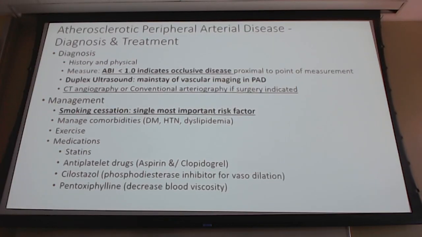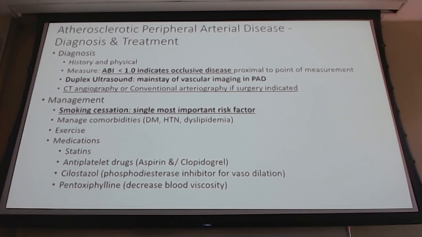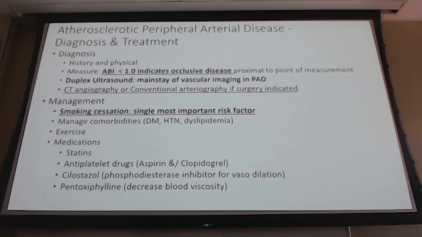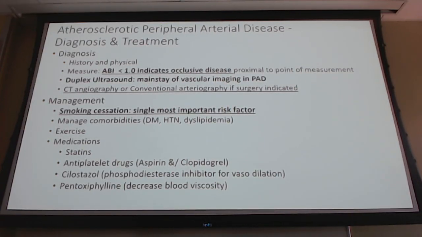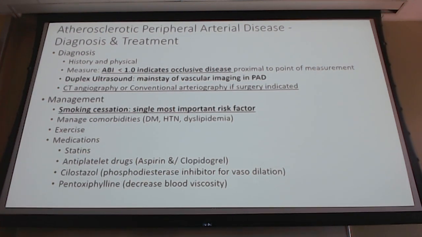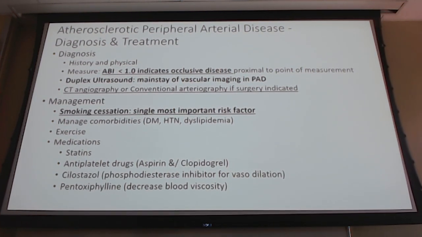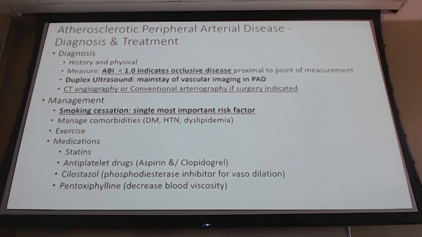How do we manage it? Smoking cessation is the single most important risk factor. Get your people to stop smoking, okay? We want to manage those comorbidities. We want to get their diabetes, their hypertension, their dyslipidemias optimized. We want to get them to lose weight, to exercise. That may be hard if it causes pain. Okay, if they have that